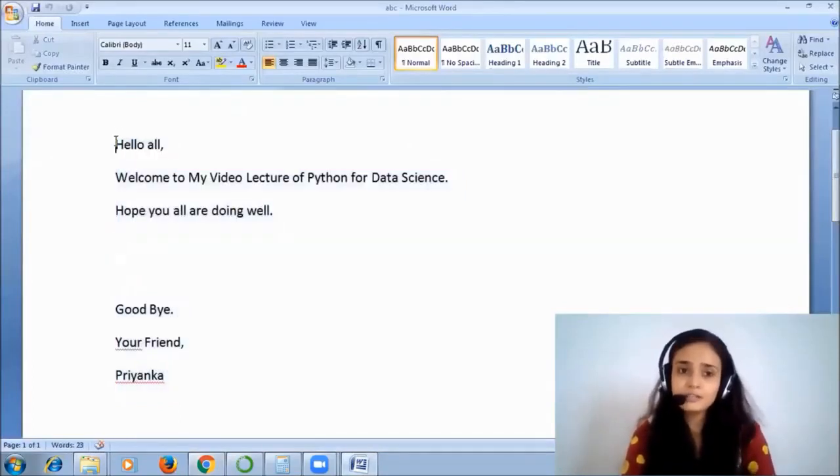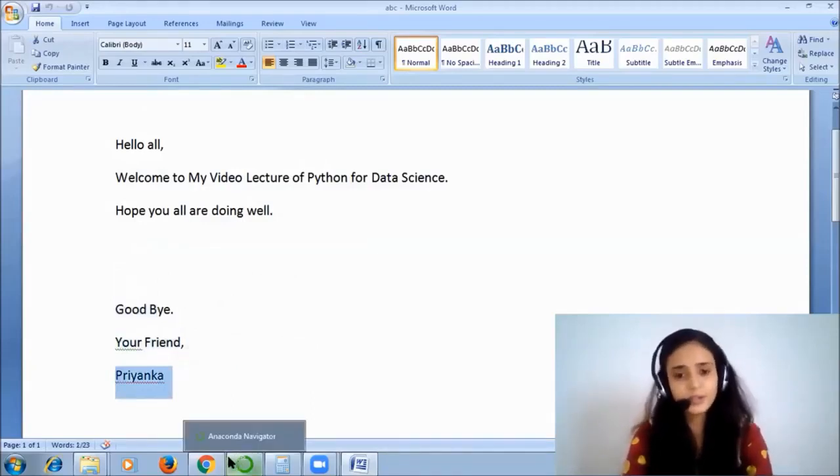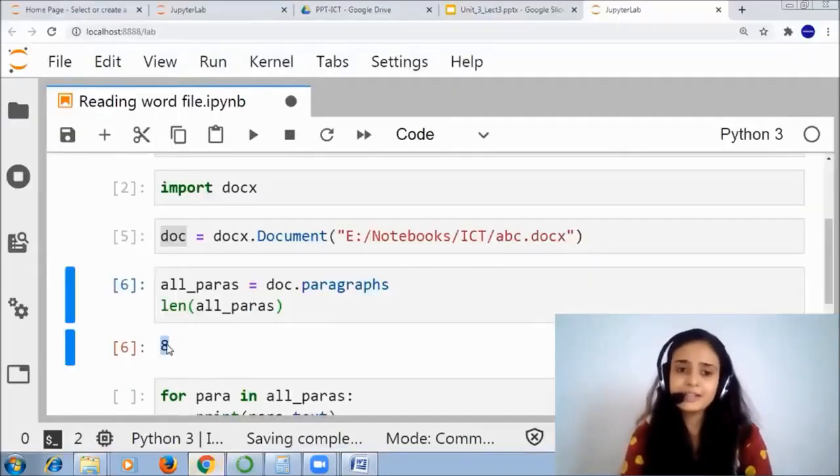This is my first row, second row, third row, then one empty row, this is my fourth row, my fifth row, again an empty row, sixth, seventh and eighth. So there are 8 different lines in my rows, and it shows the length as 8.